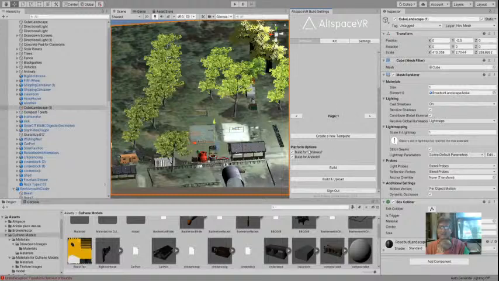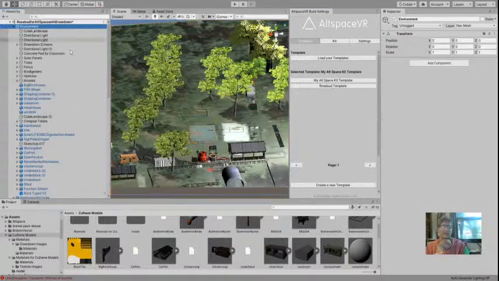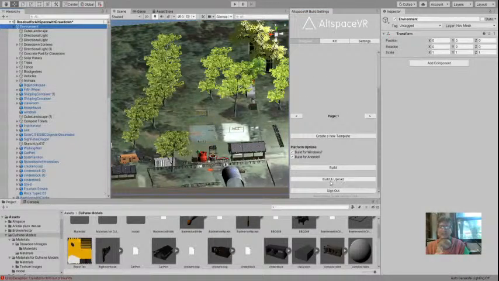And then I'm building for Windows and for Android. If I just build for Windows, then I only see it on the PC or on the HTC Vive with Steam. If I build for just Android, I only see it on the Oculus Quest. I'm building for both, so both are checked. If you're only doing one platform, uncheck the other, save yourself some time. And that's really it, because now I've got this whole scene, this whole environment, and if I just hit build